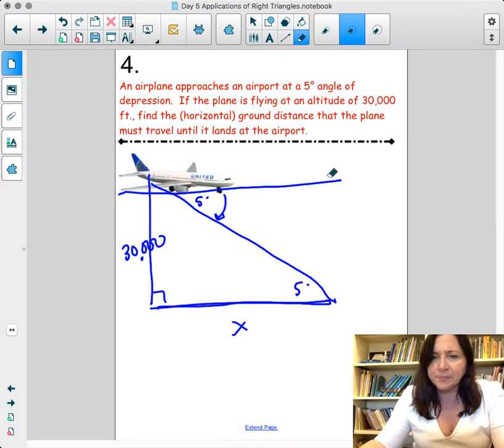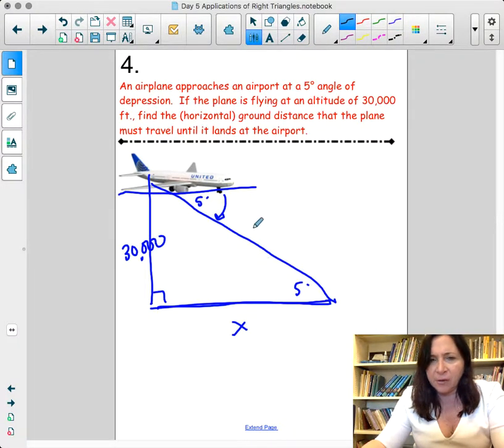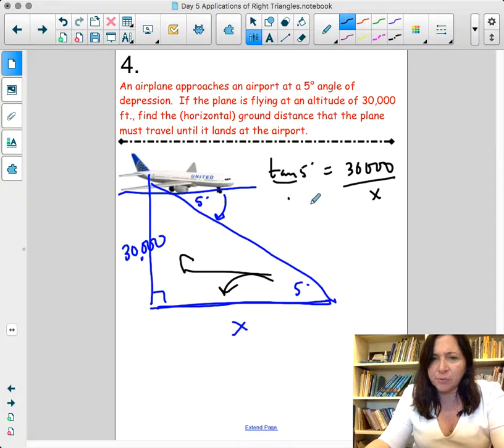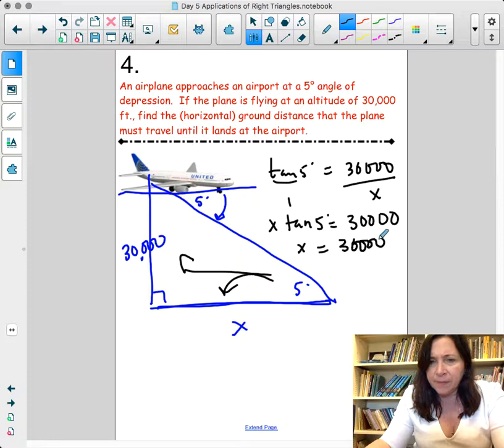So what I'm going to use is tangent, again, because I'm not using the hypotenuse. So I'm going to say tangent of 5 degrees is equal to the opposite side over the adjacent. So we're going to say 30,000 divided by x. I'm going to cross multiply and go x times tangent of 5 degrees equals 30,000. And so divide out the tangent of 5, I get 30,000 divided by parenthesis